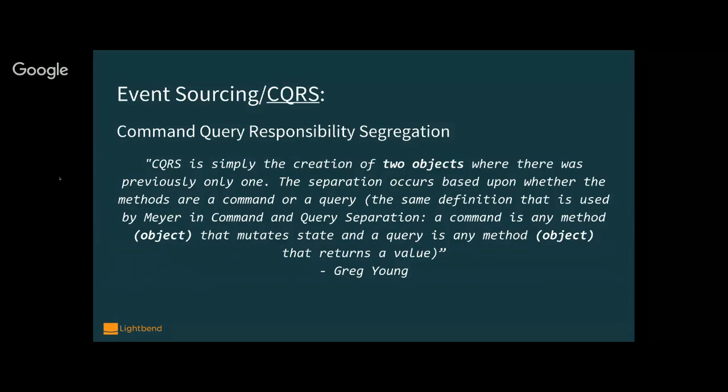That gives us the notion of commands and events. A command in CQRS is any method that mutates state, or really requests to mutate state. A command can be rejected. Once that command has been accepted, it would be turned into one or more events and then persisted. Once it's persisted as an event, it can never change because it's a historical recording of something that happened, is the idea. And so what that ends up being, as we talk about event sourcing here in a minute, is